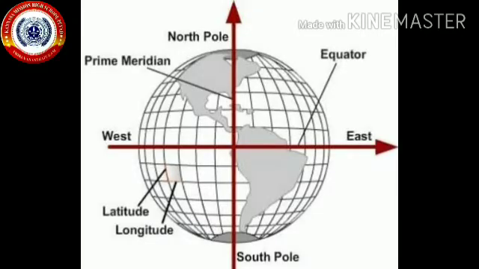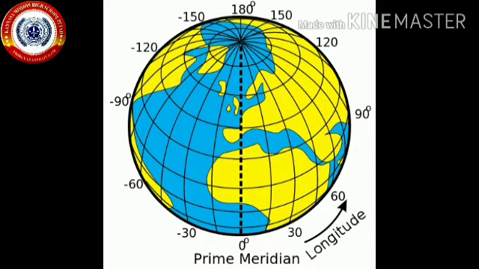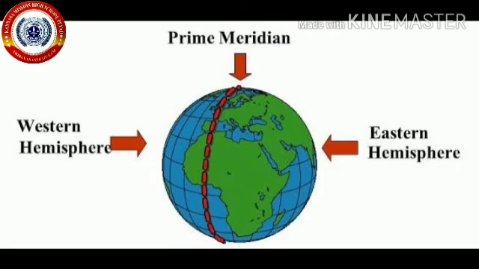Longitudes are angular distances east and west of the standard meridian. Lines of longitudes are imaginary lines connecting the same angular distances with reference to the standard meridian. All the lines of longitudes converge at both the poles. There are 180 degrees of longitudes on either side of the standard meridian. The circle of longitude, formed by joining 0 degree longitude and 180 degree longitude, divides the Earth into eastern and western hemispheres.